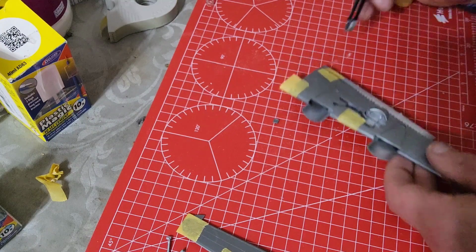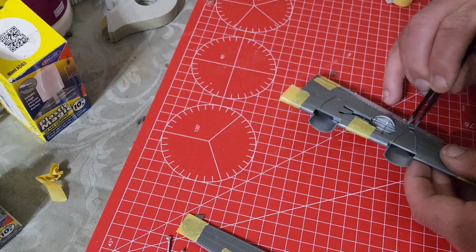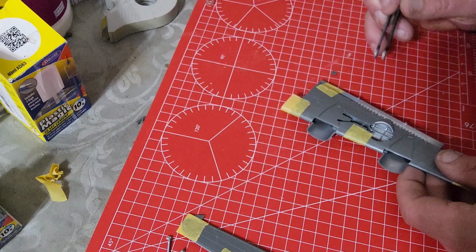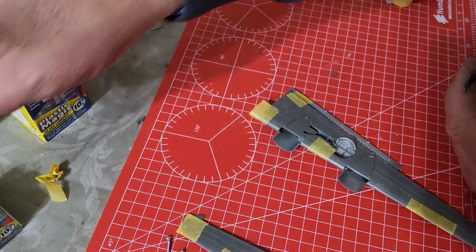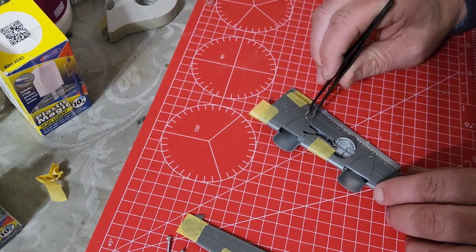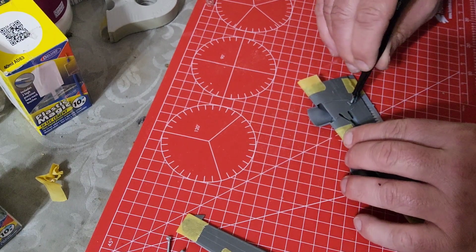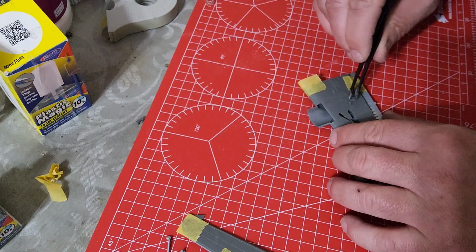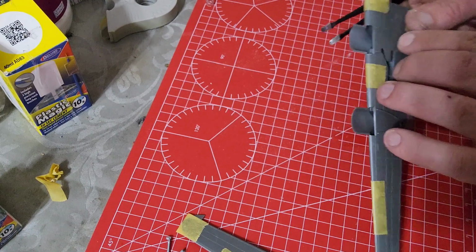Has that gone? And it's just a case of getting some glue on there. I just hope I can get it. Yeah, there we go. I think I've seen. Right,